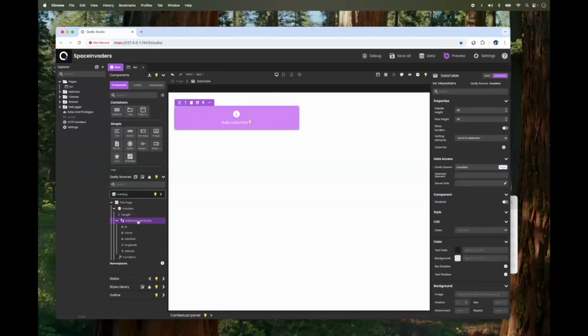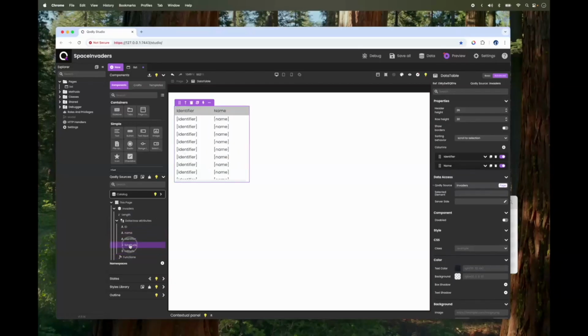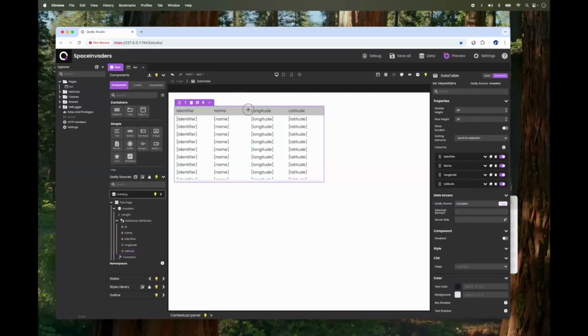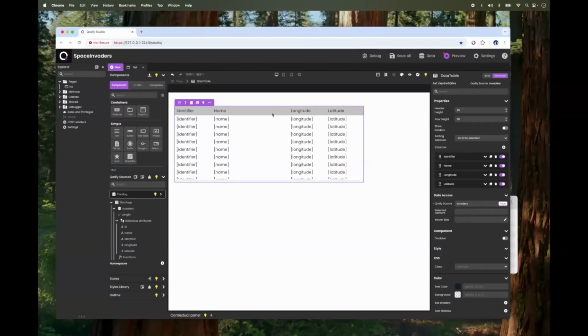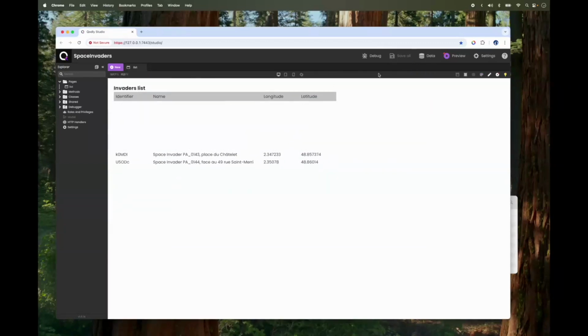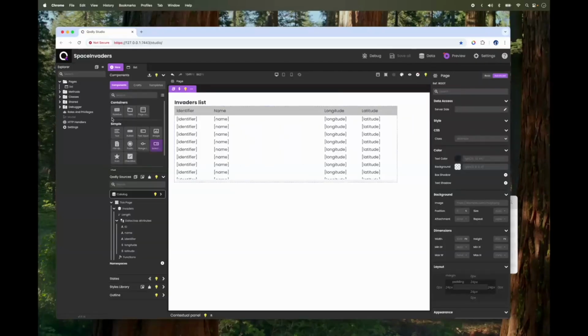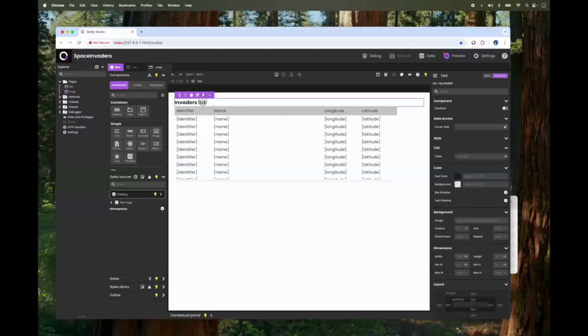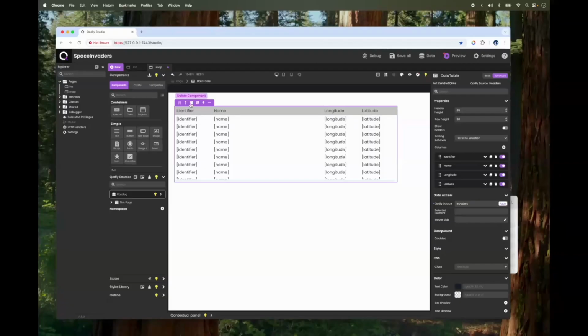I put it on my data table, and then I will map those columns. So you already know that. I showed that in the past several times already. Once I did so, I can preview, and here, okay, the data is there, no problem. That's it. But as I have latitude and longitude, what I want is to display everything in a map. So I duplicate my page, create a page called map. So the title now is Invaders Map, and here I remove this